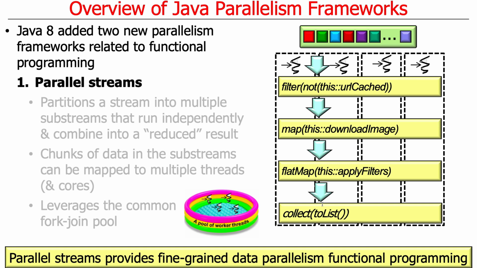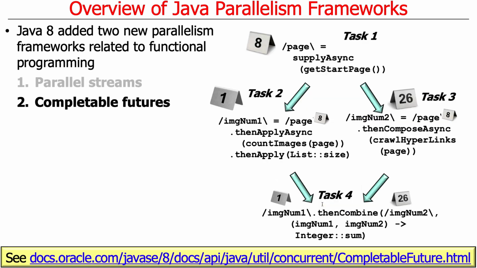So what parallel streams give you is this wonderful fine-grained data parallelism functional programming model. It gets the fine-grained data parallelism from the fork join pool, and it then throws this functional programming wrapper or facade around the object-oriented fork join pool, so you now can program at a higher level using the streams model, which is functional, and then it maps those chunks into things it gives to the fork join pool to run in parallel. So that's basically parallel streams, and that's essentially a synchronous form of parallel processing.